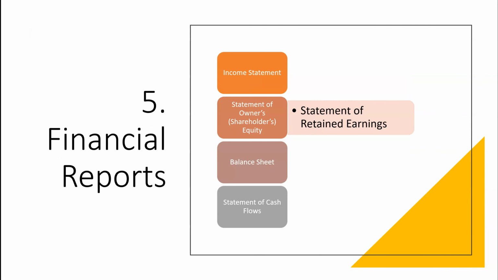And so how we do that is we have a set of financial reports, individual statements that are going to give us information that are going to help us to answer those questions. The first of the statements is called the income statement. The income statement reports revenues and expenses and the net income of the business. That balance, whatever it is, net income or net loss, is going to carry over to the statement of owners or shareholders' equity. Sometimes there's a kind of a sub statement to that called the statement of retained earnings, and we'll go over that in a little more specifics in a few minutes.